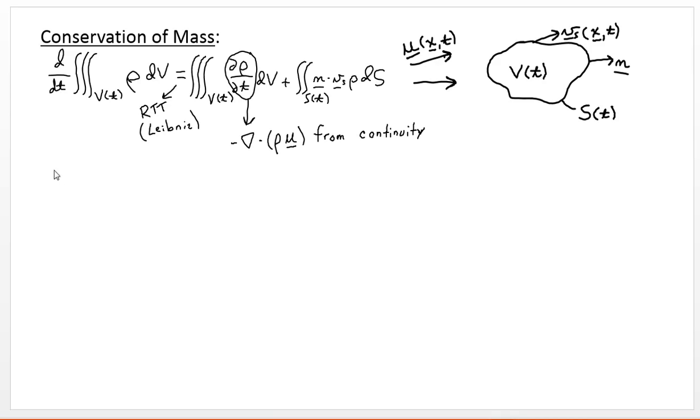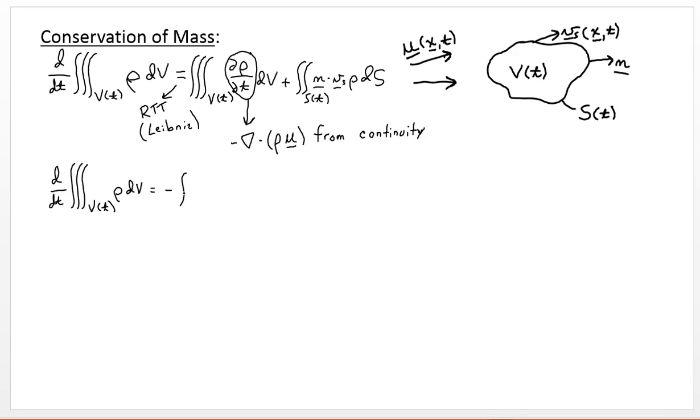So rewriting this expression, we have that the time derivative of the total mass of fluid in the control volume is now equal to